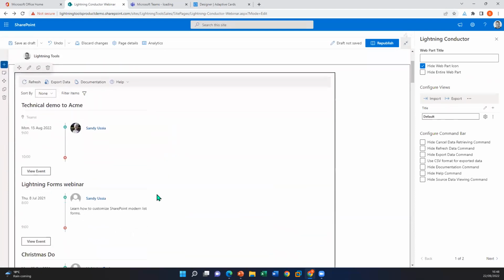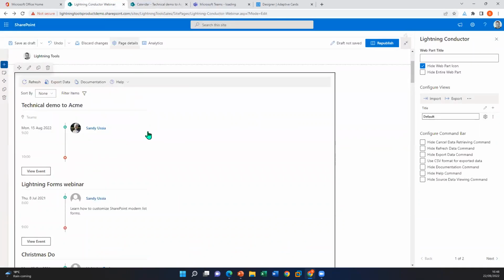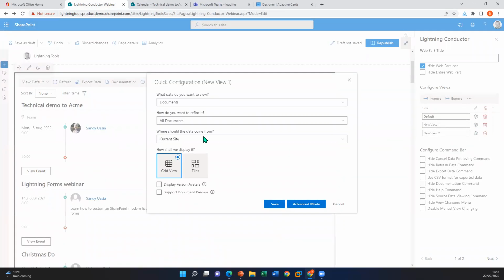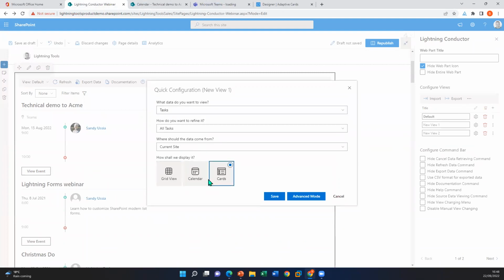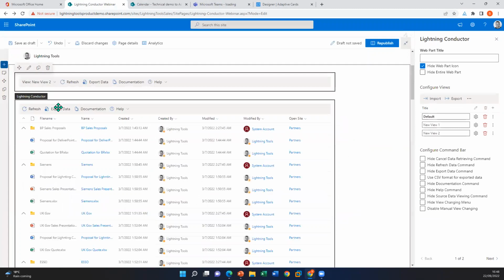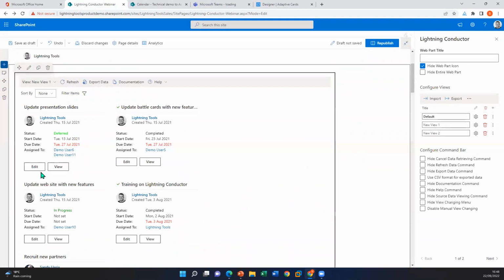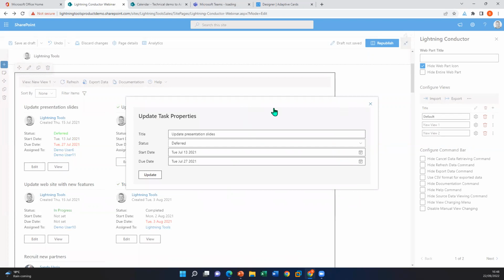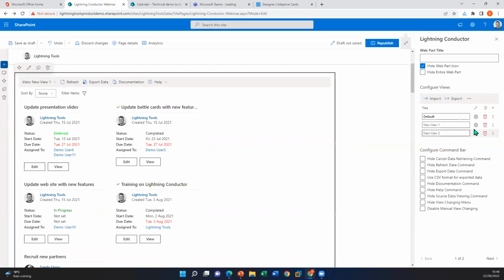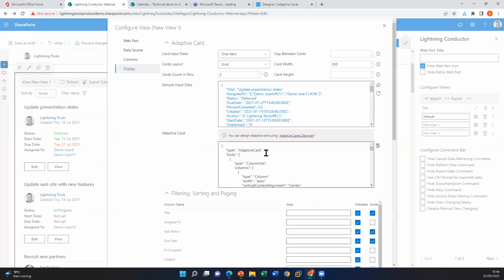So in here each one of these is a different card where we can go through and view these events, and we can see where it is, start to finish. There is also an adaptive card for tasks as well. So there's the adaptive cards where you can view and you can edit tasks using the card layout. Now, when you go into the advanced mode for this, you'll notice that in here is some sample input data that's going to contain one of your items